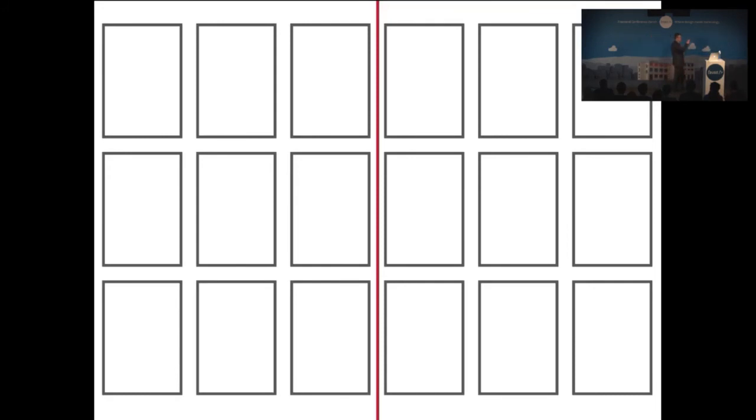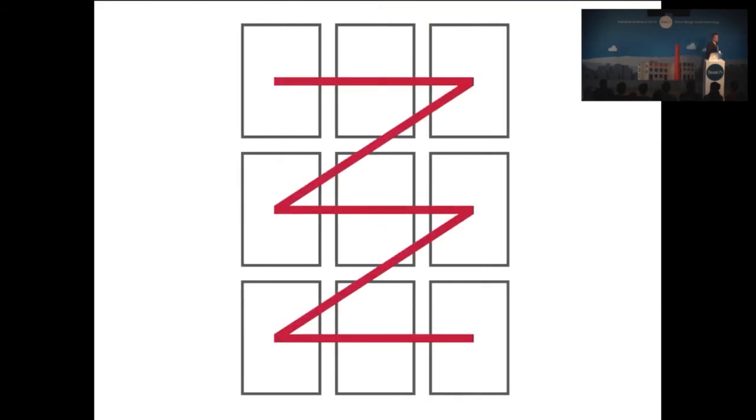you should also be able to imagine how this grid can be made to respond across different viewport sizes. So we can start with a vertical column of single panels on a small screen to groups of 3, and then ultimately to the equivalent of a double-page spread for those of us that use nice large displays. And when we read on a grid like this, our Western eyes follow a Z pattern. And the uniformity of these panel sizes hints at an even pace as we read across them.